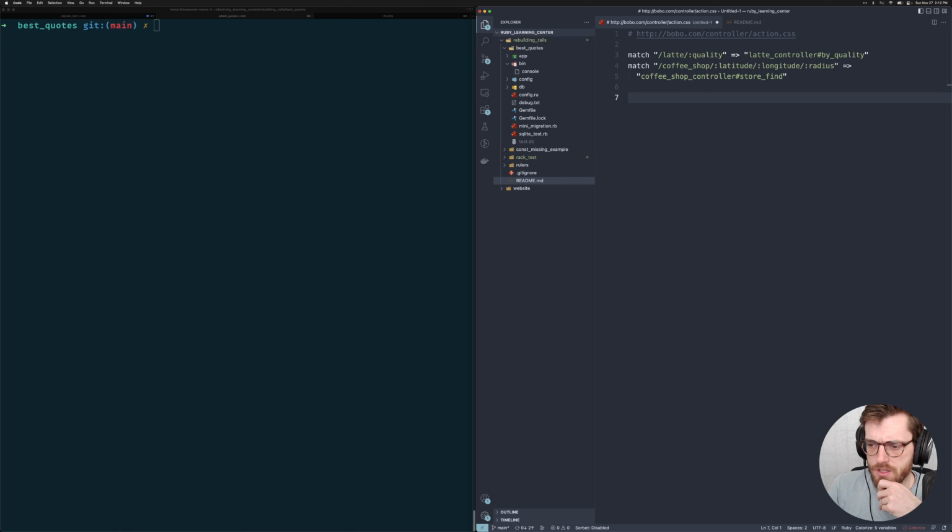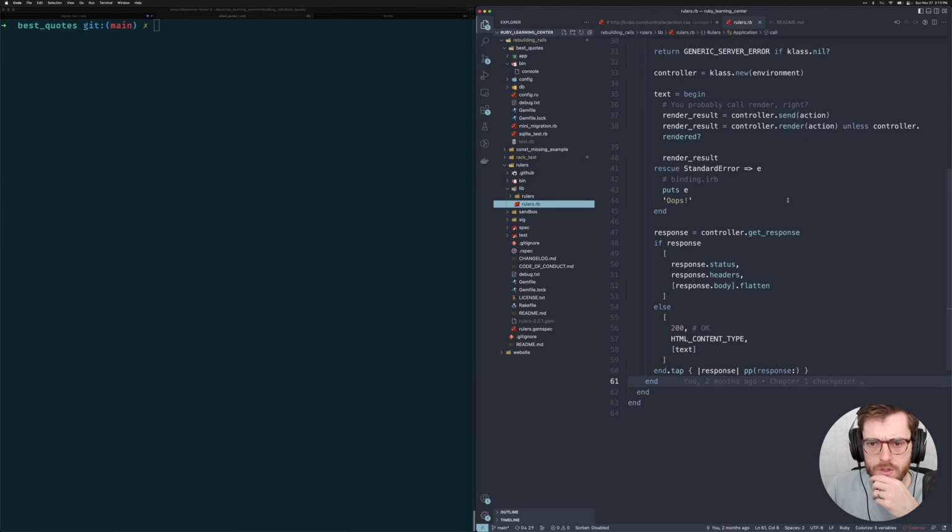So we're on page 126 over here. We're going over some review, mentioning that rack apps look a lot like a method or a proc, and some of the tricks we have there, going back to chapter 8 and middleware, as well as a few uses for those. And then we'll need to pass extra parameters through the controller action. If we go back to the rulers lib rulers, which we're currently looking at,